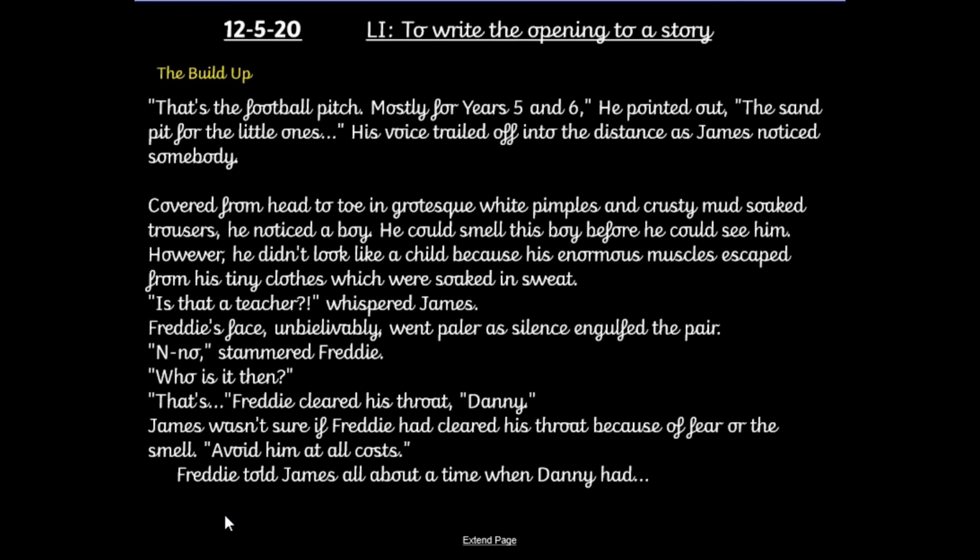"Well, that's a football pitch, mostly for year 5 and 6," he pointed out. "The sandpit for little ones." His voice trailed off into the distance as James noticed somebody. Covered from head to toe in grotesque white pimples and crusty mud-soaked trousers, he noticed a boy. He could smell this boy before he could see him. However, he didn't look like a child because his enormous muscles escaped from his tiny clothes, which were soaked in sweat.